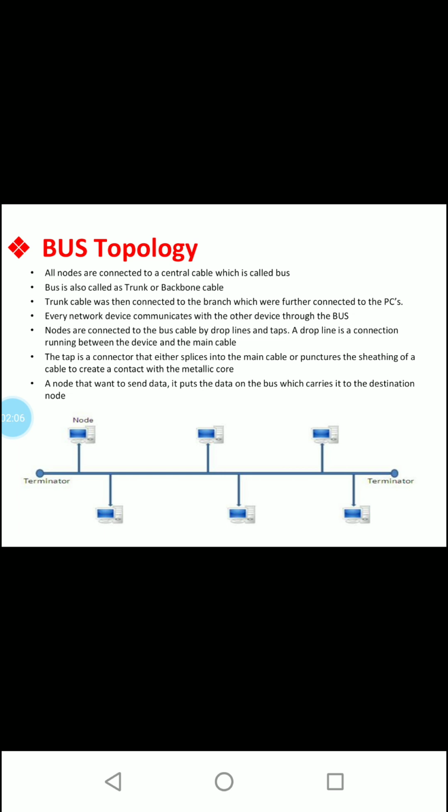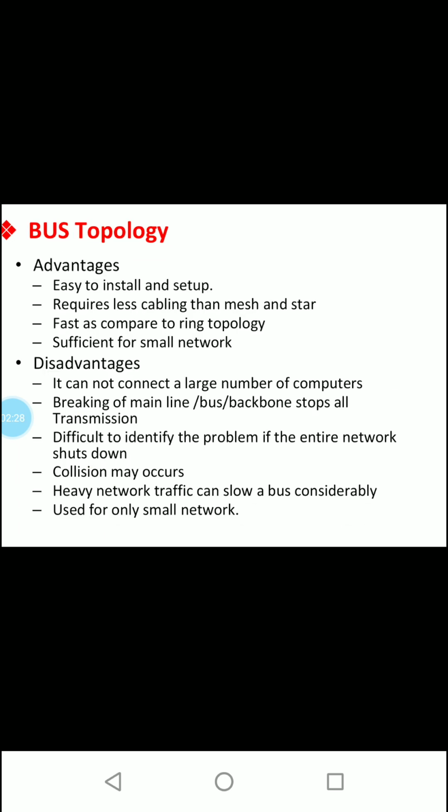When one computer sends a signal up the wire, all the computers on the network receive the information, but only one accepts the information. The rest reject the message. Only one computer can send a message at a time. A computer must wait until the bus is free before it transmits. Look at the figure. That figure shows the bus topology. Then what are the advantages and disadvantages of the bus topology?